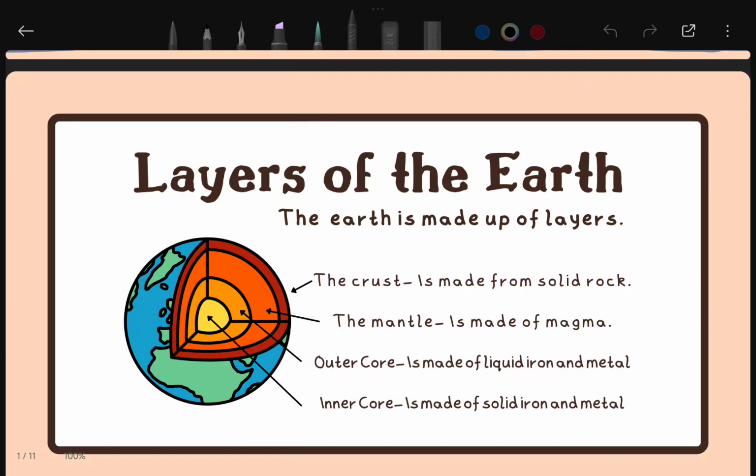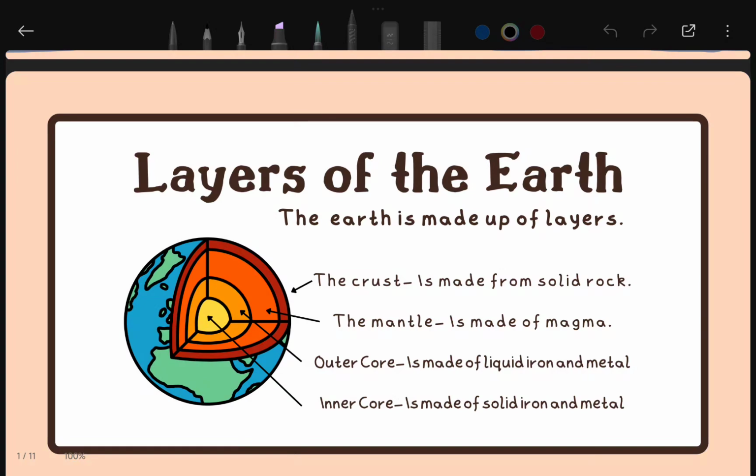The second layer below the crust is the mantle, and it is made up of magma, and magma is very hot. You know that thing. Volcanic magma is very hot. When it erupts, it produces so much magma, and magma is like a boiling material that comes out of the earth's surface, and it comes from the mantle layer. So actually below the earth's crust there is a mantle, which is the second layer of the earth.